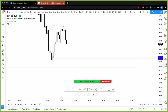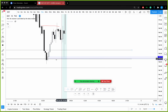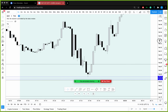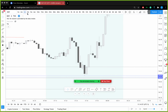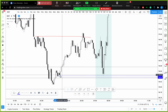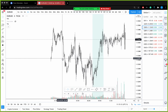And from there, you see that we're in session, right? 7:15, 7:30, which was the catalyst of NFP. And that came back to our point of interest right there. As you can see through the time frames, that zooms out to be that previous wick there. And this is the DXY play. So obviously we're not trading this. So looking at Euro from the exact same play,